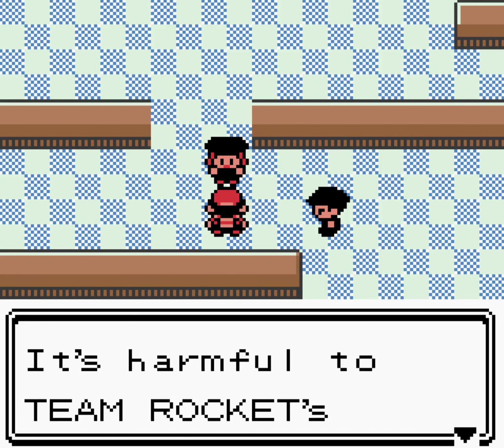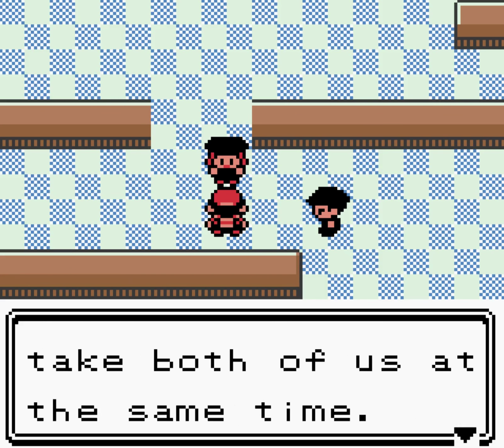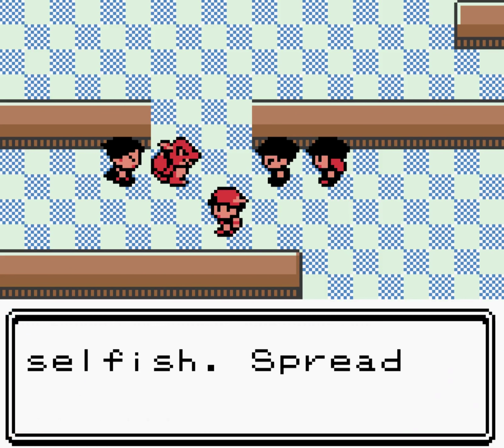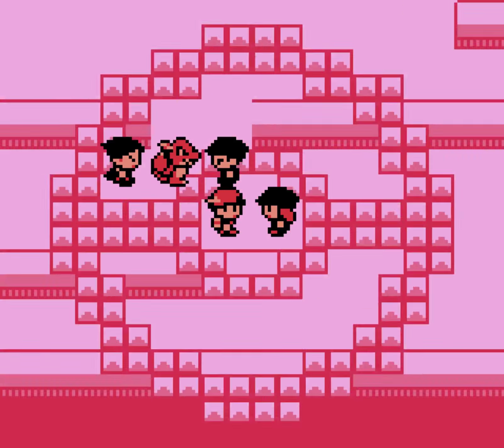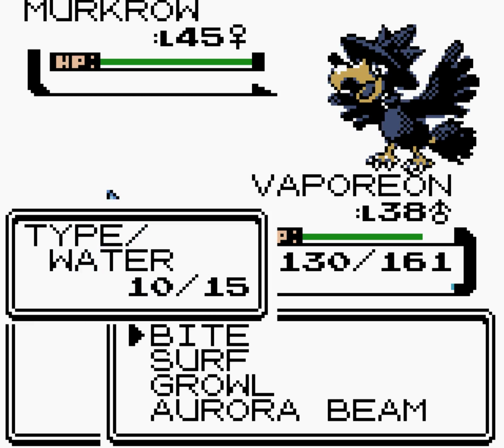So we've got a rat like you on the loose, it's time for Team Rocket's Pride. However strong you may be, you can't take both of us at the same time. And then, obviously, Lance is going to come over and show them what's what. As we start off with a Murkrow, so...